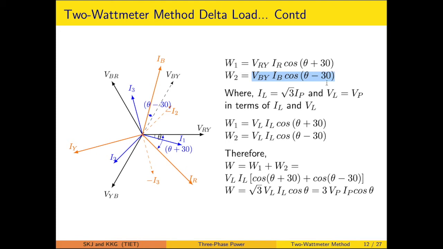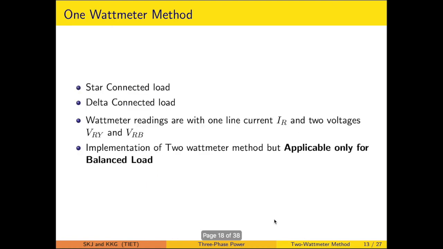Now it is needful to understand that when we are expressing in terms of line parameters, the equation comes out like this, the way we obtained it for the star connected load. This is simplified likewise. The point here is that in the delta connected arrangement, the line current is root 3 times the phase current, while the line voltage is equal to the phase voltage. So that is substituted. It gives us the three phase power 3 Vp Ip cosine of theta, which is exactly equal to root 3 VL IL cosine of theta.